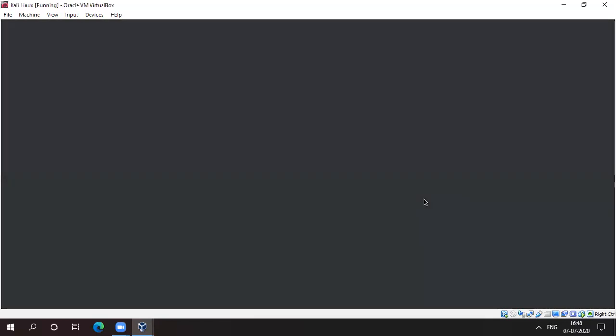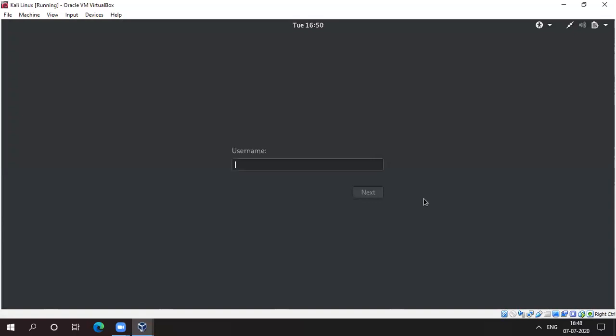So for that we need to wait, and after that we have to just log in with our root user and the password used during the installation. We have set our password, and after that we are able to use our new system, right?